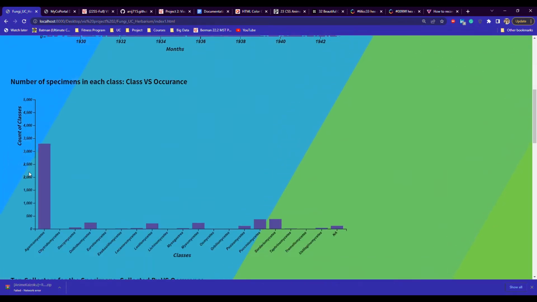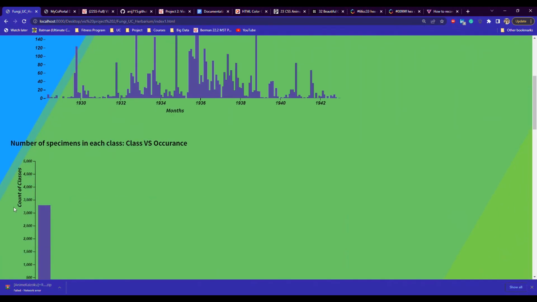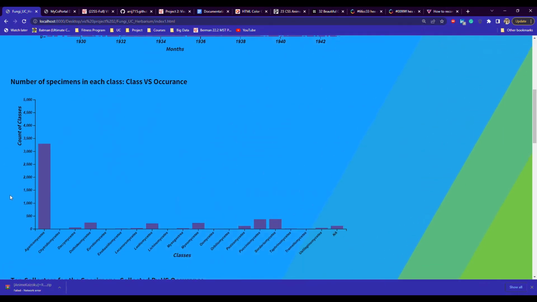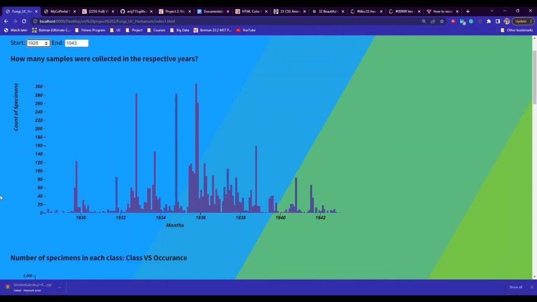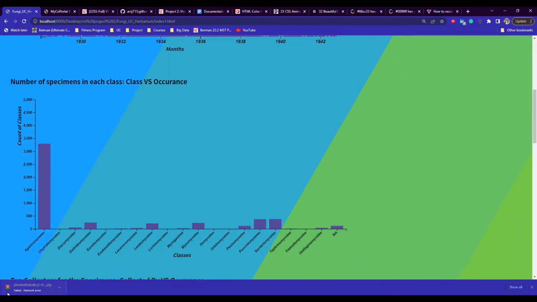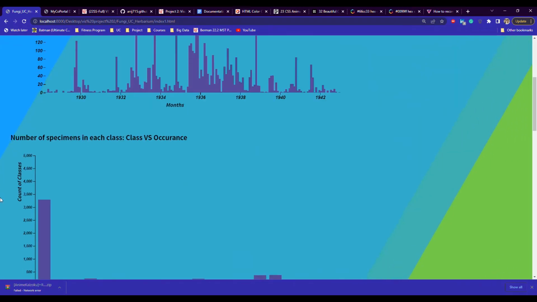And again, in the second part of this bar chart section, this bar chart is also linked with this start and end year timeline range, and once you select that, it will give you how the data samples that were collected between these years, here 1928 and 1943, how many samples belong to these specific classes. And here we can see that between 1928 and 1943,